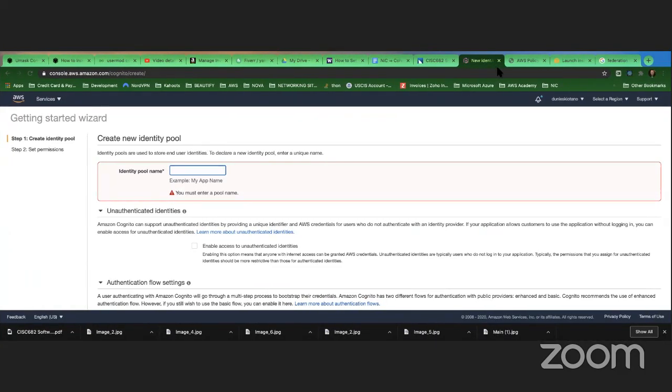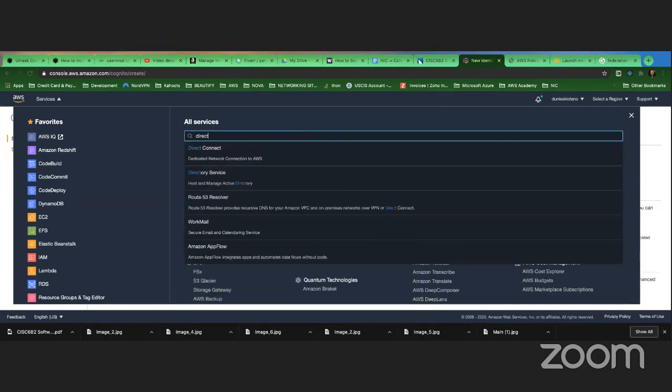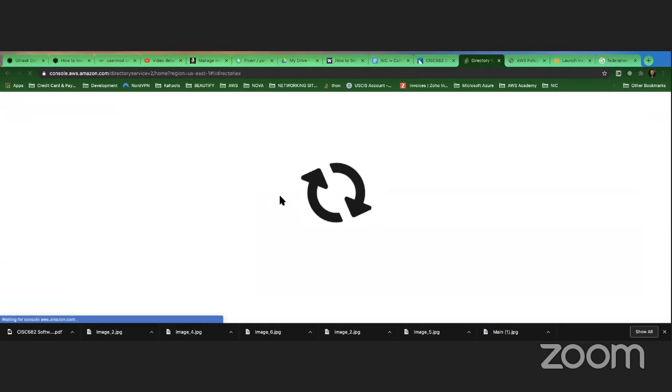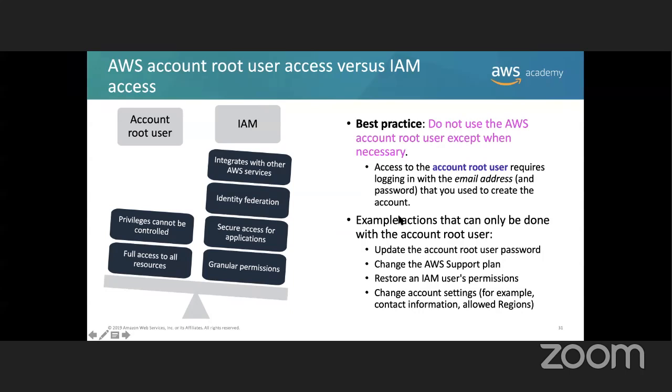And this has to do a lot with when you have a hybrid infrastructure. Another service that's going to be very related to this is the Directory Service, which is known as Active Directory. This is very commonly used as well when you have hybrid infrastructure. You can let the people from the office on premises access the services using these directory types. Not for this certification, but for others, just in case you want to further your certification